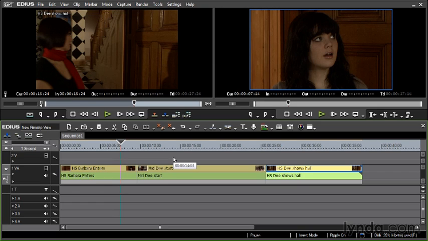Edius is famously flexible in its approach to editing. You can edit pretty much any way you like. If you want to use track patching and keyboard shortcuts, that's fine. If you prefer the mouse, that's fine. And there are a lot of keyboard shortcuts that aren't mapped by default when you first install the software, and you can enable them and you can have Edius work pretty much like any other nonlinear editing system if that's